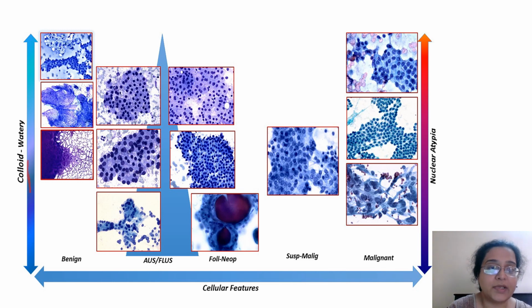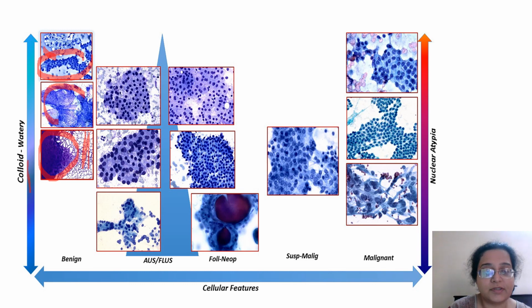So as you see, a benign lesion has a lot of watery colloid to thick colloid, too much colloid on the slide. Here you see there is this background of blue colloid and the small nice follicular cells. Again, another small image showing thick colloid, and the thickest amount of colloid you can see here. This is some sort of crazy pavementing going on. Crazy pavementing means colloid gets cracks on the slide. Now this is all benign.